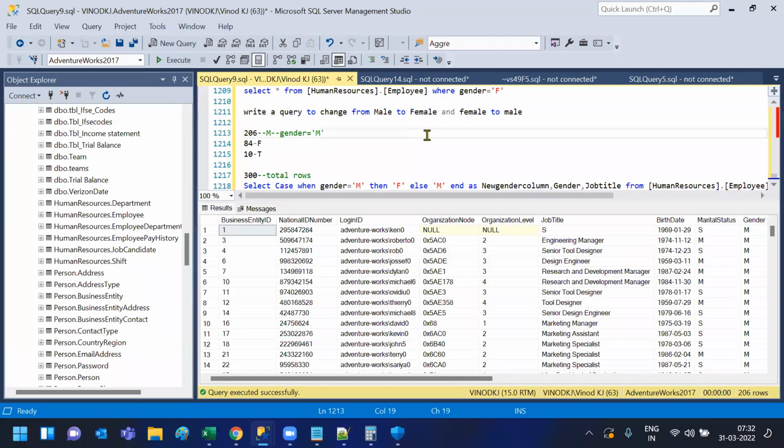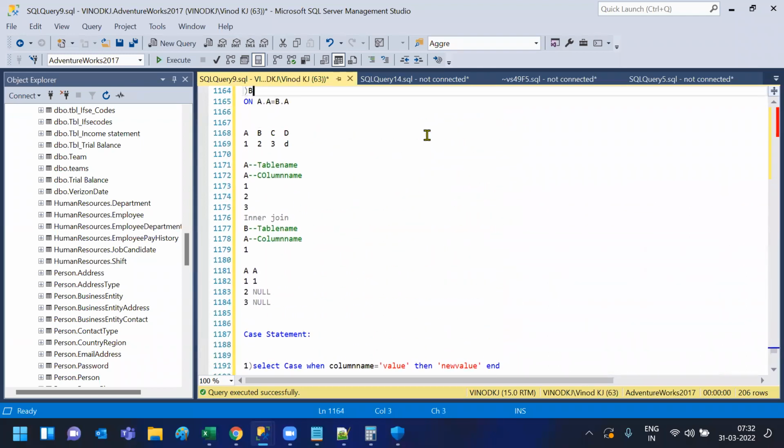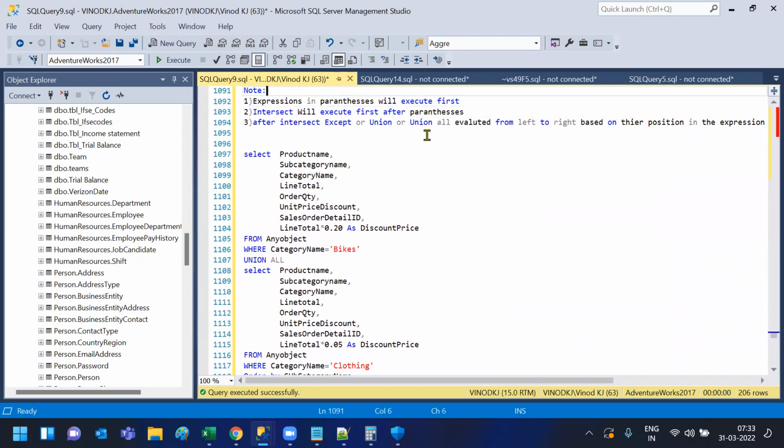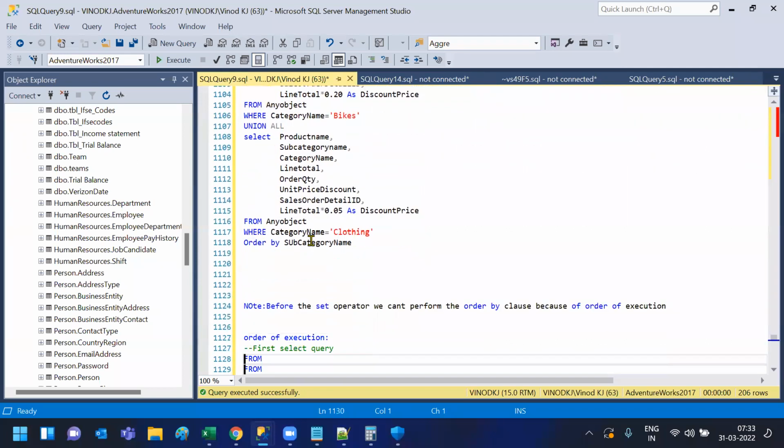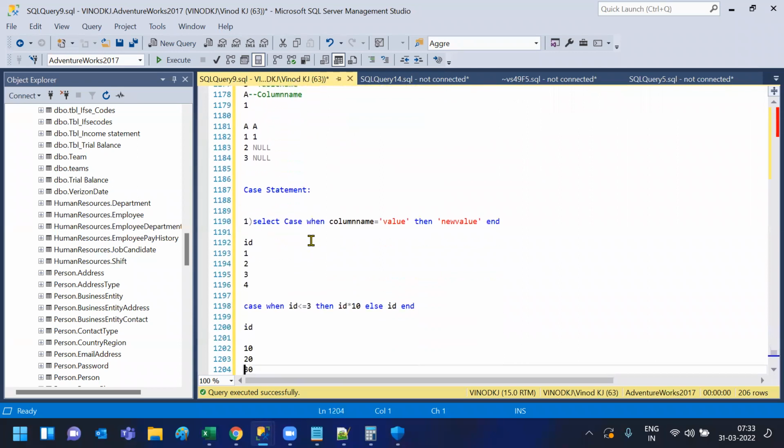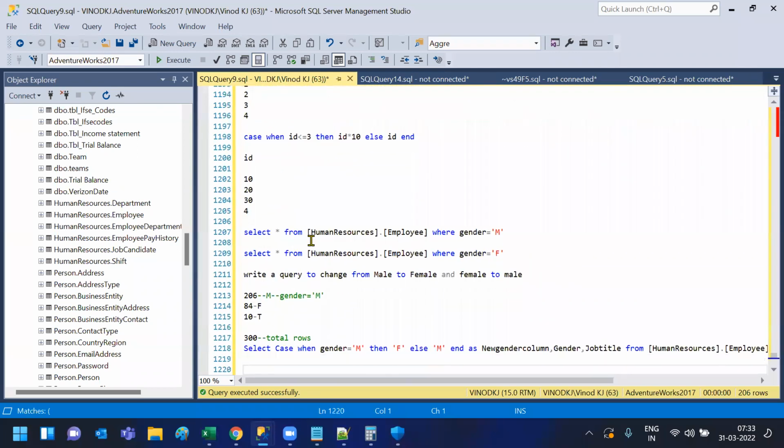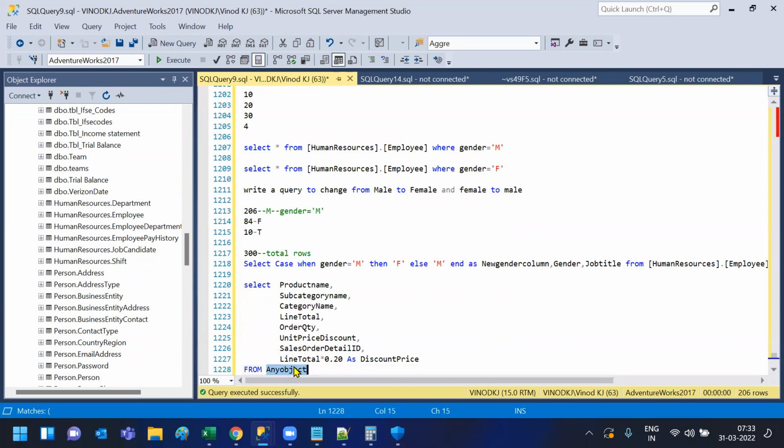Okay. Now let me give you another example. Yesterday we wrote that union all, and then we got this percentage value, right? So for this also we can use the case statement. Let me show you. Using the existing column, we are deriving a new column, temporarily. So instead of writing multiple queries and union all set operators, we can simply do case when